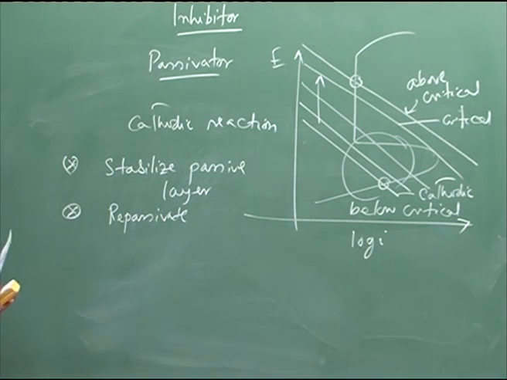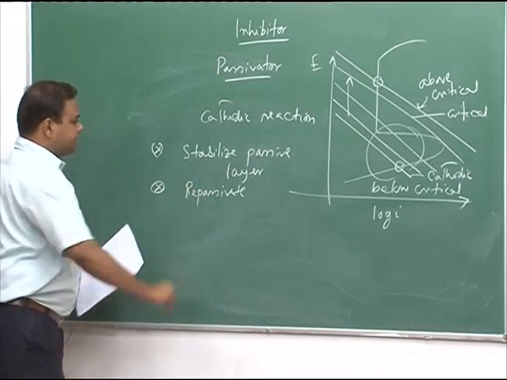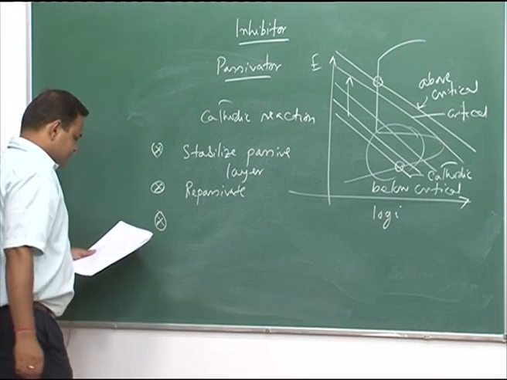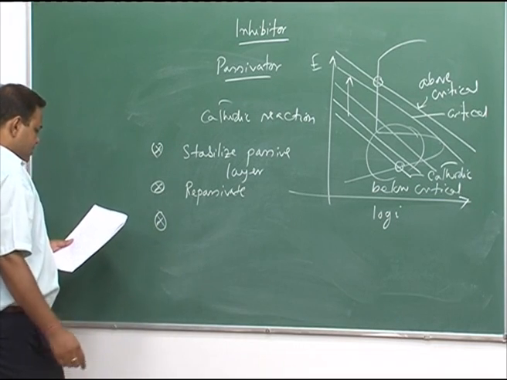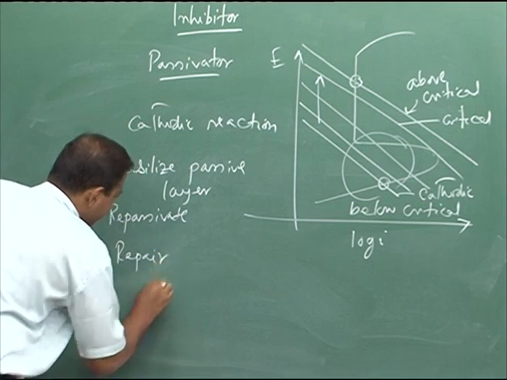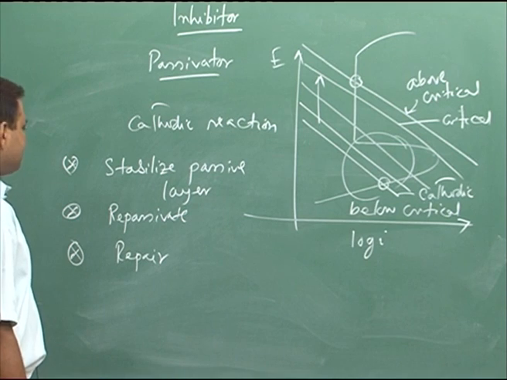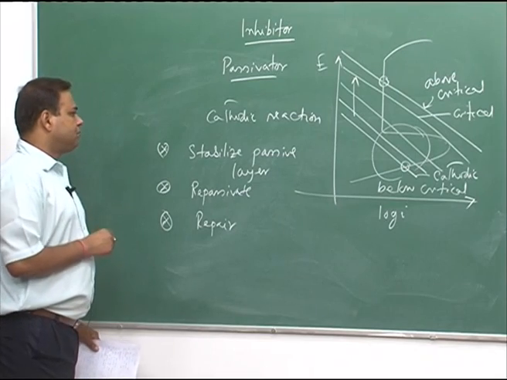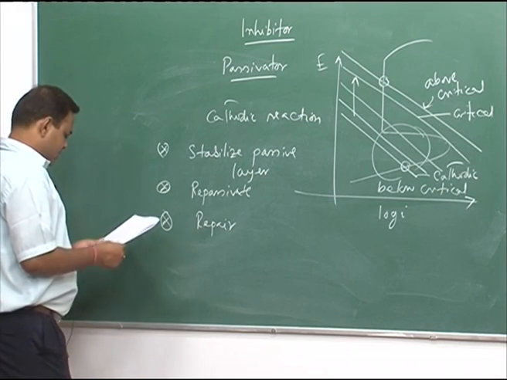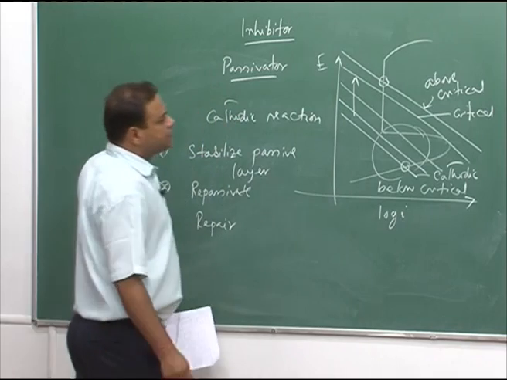For example, if the passive layer is damaged somehow, if we have those inhibitors, it can repassivate immediately. Then they can also assist to repair the film, so film repairing ability by forming insoluble products by chemical reaction. So, repairing ability, and of course, as I have told you that the critical amount, the amount should be above